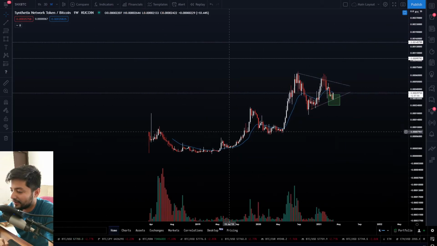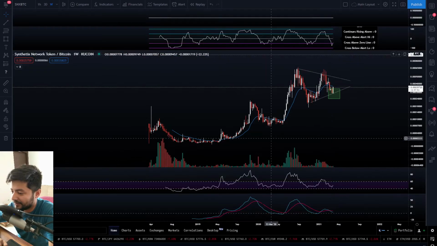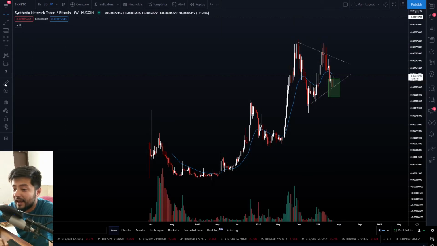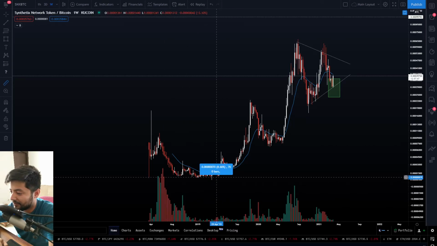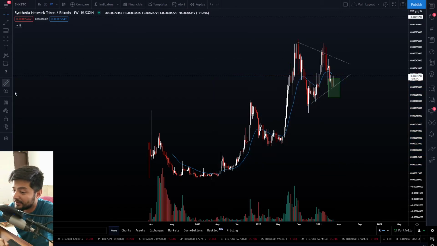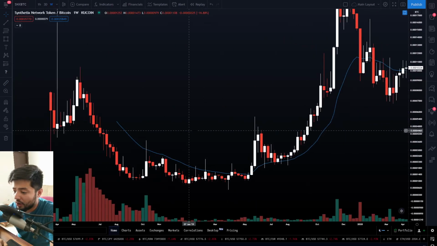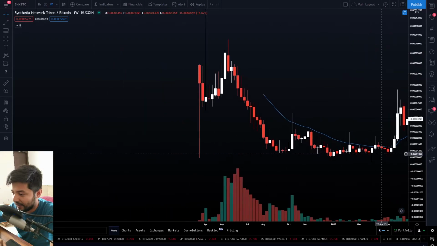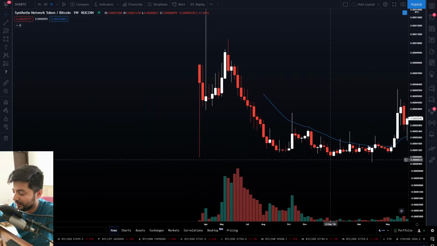Check this one out. This is crazy, guys. Crazy piece of price action in the macro time frame as well, as this was your generational accumulation range from this price point right here. We're still up 4,000% against BTC, guys. Now, a lot of assets in the space are somewhere around these areas of interest, guys.